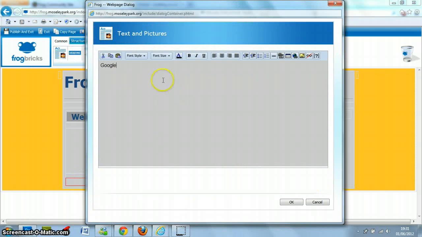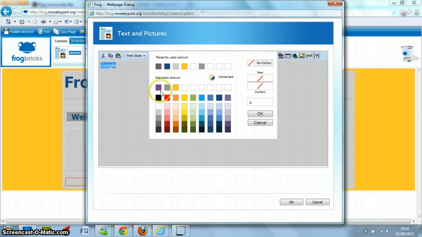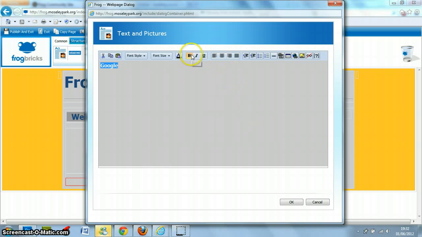So I'm going to type in Google. I'm going to set my style, my font size, colour I'm going to set to purple, make it bold and italics,